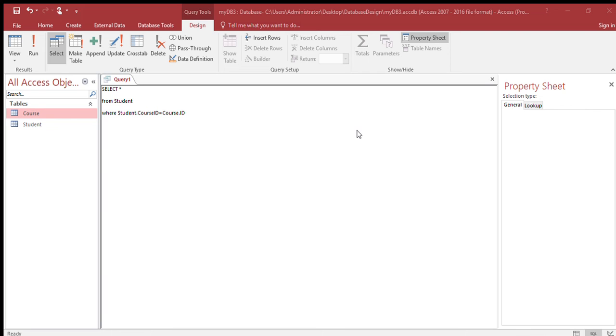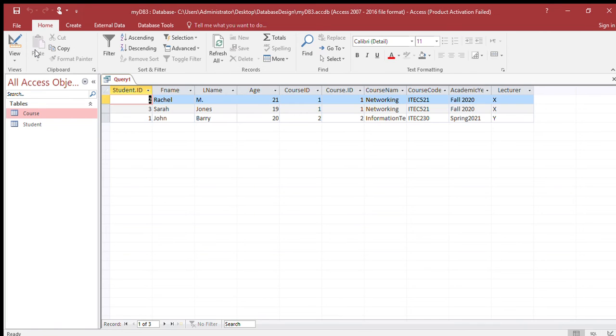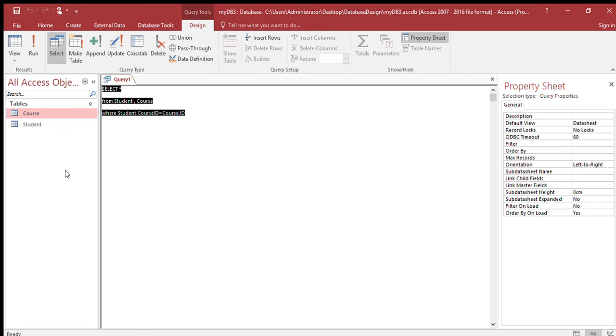cancel, from student, comma, course. Right, so now what has it given me? It has given me all the records where the student's course ID matches the course ID in the course table. So if I go here and if I say from student,